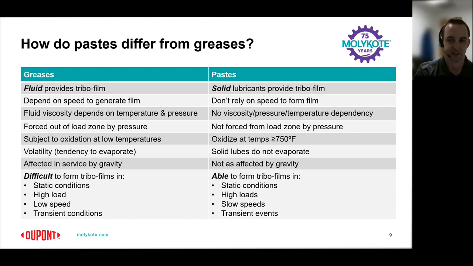Greases can also be displaced by excessive force, which leaves no lubrication behind, versus a solid, which can get burnished in and stay in place even after high loads are applied. With the paste, you also get much higher oxidation temperatures. Pastes are also gravity resistant. Greases can run off due to gravity, and then you again lose your lubrication, versus those burnished-in solids, which will remain there even if they're upside down. It really doesn't matter. To summarize, again, pastes are great in these static, low-speed type of applications with high